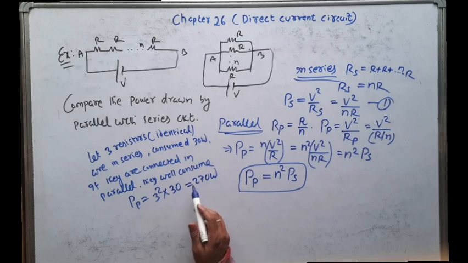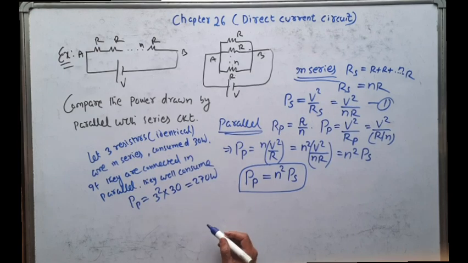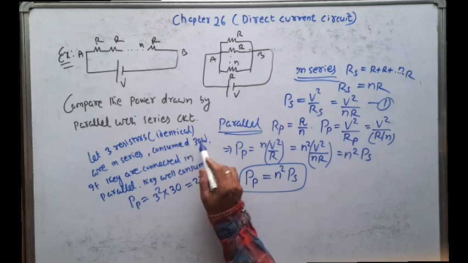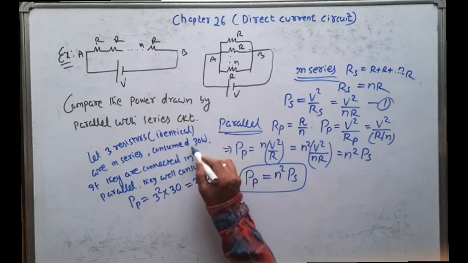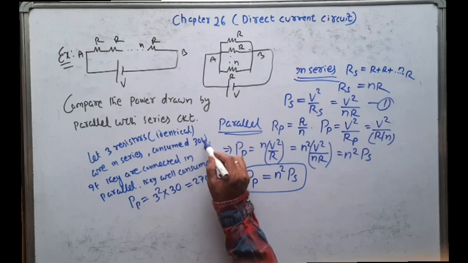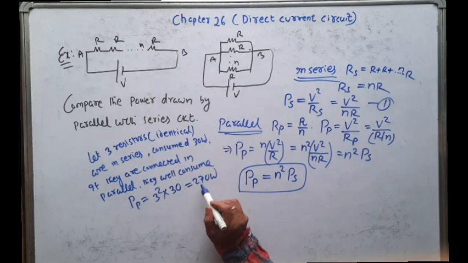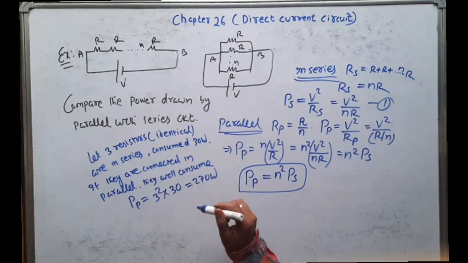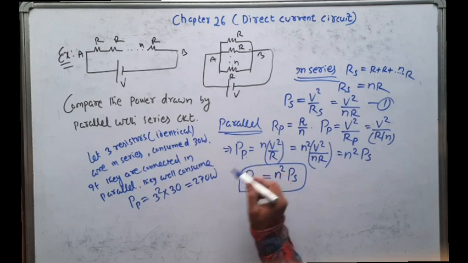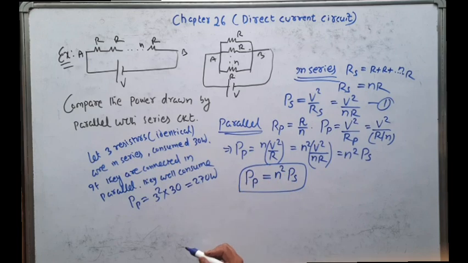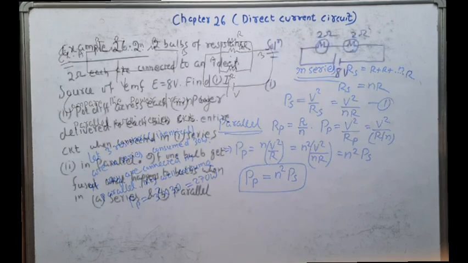So that is why all the electrical appliances are connected in parallel, so that they will give better performance than in series. In series, all the load consumes 30 watt in case of 3. But in parallel, you see the greater consumption of power. More consumption of power by the load means they will deliver their performance with the same power, that is 270 watt. So let us